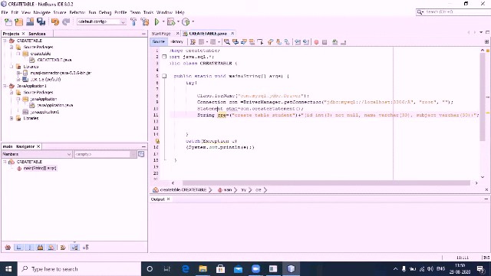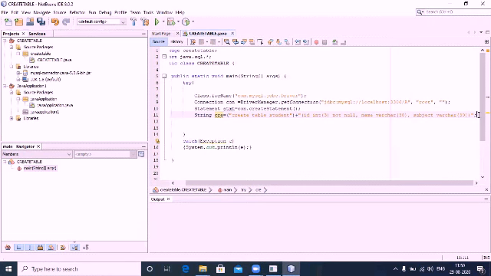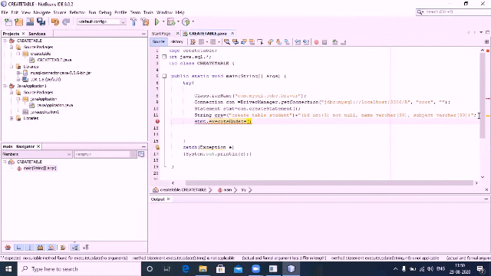And that is nothing but the statement we created. Then what we will do, we have to execute this particular statement. So for that we will write stmt.executeUpdate. What should we execute and update?